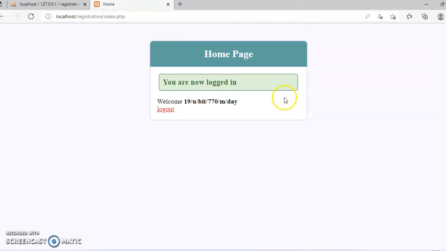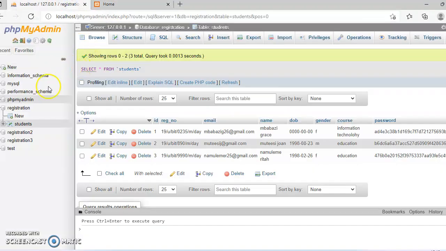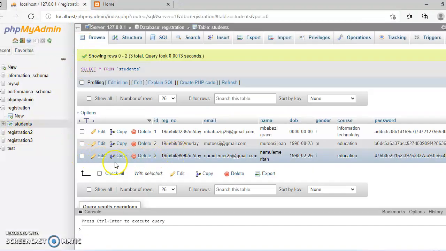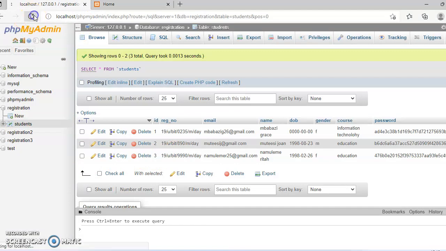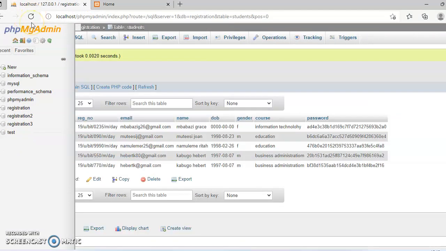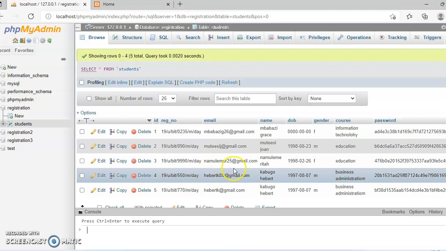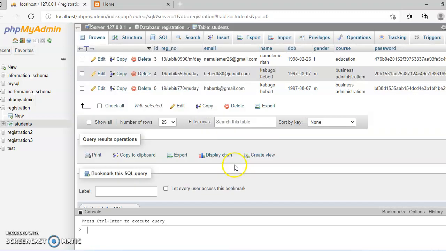So this is the successful message we have got. So when we go back to our localhost registration, that is my PHP, and we refresh, we shall see Herbert existing in our database.